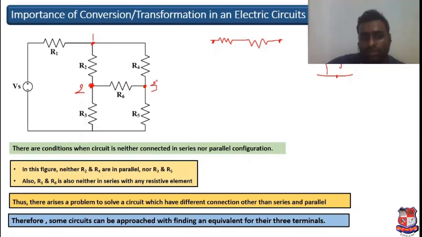Okay, so over here, three terminals. Why am I not taking this point? This point is the same as this point. This is just an extended part. So I have taken three terminals, and the equivalent of three terminals can also be found. Let us see how it can be done.